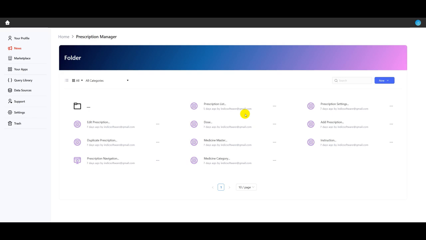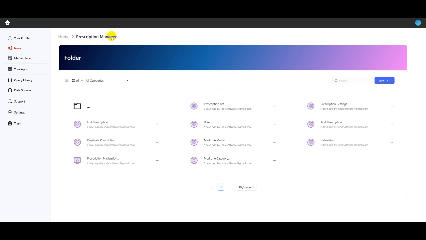Hello, today we are going to see an application called prescription management. This application is designed for general practitioners in medicine. This is a part of a huge set of applications that we are building. I'm just sharing a small part of it and trying to show various development techniques that we can use with